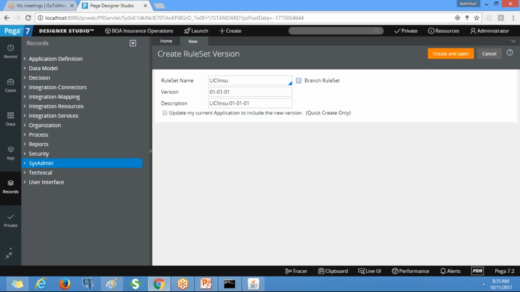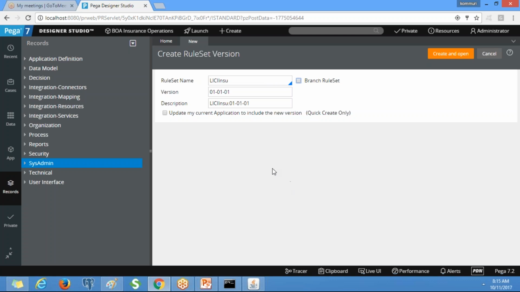Why the versions and all, we will discuss later. This is called 01-01-01. Every rule set is associated with a rule set version. Generally versions will look like this.